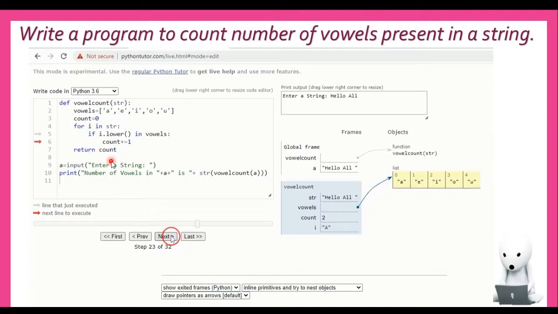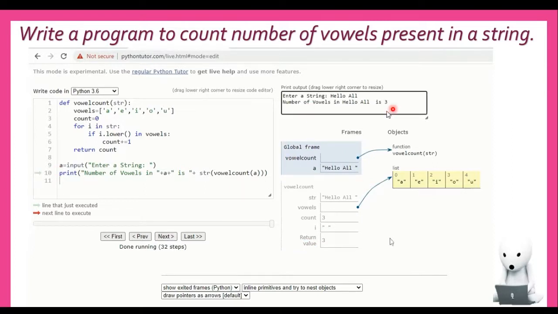At the end, after traversing the complete string, it moves to the end of the string, that is to the print statement. The last is a space, so it returns here and displays: number of vowels in hello all is 3.